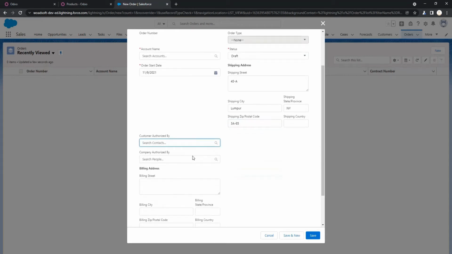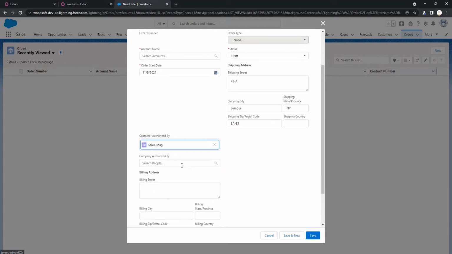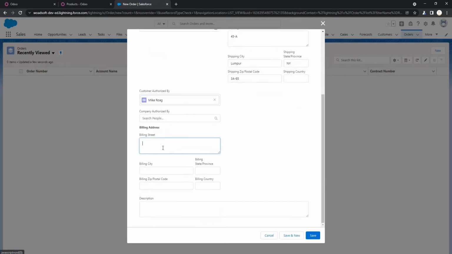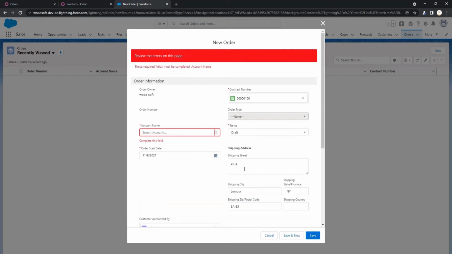Also specify the other remaining fields. Okay, so after that I just click the save button.